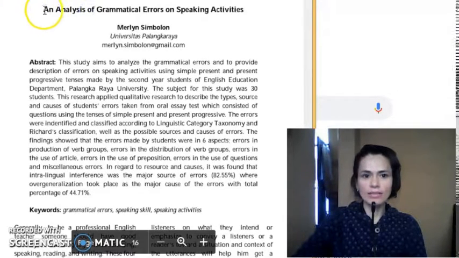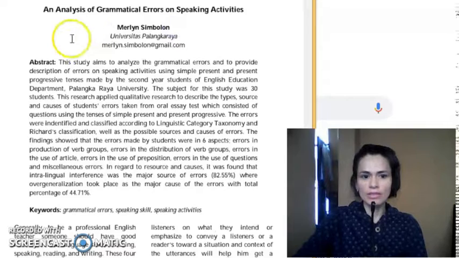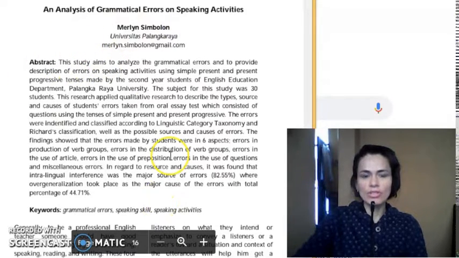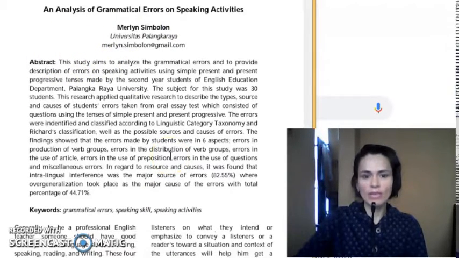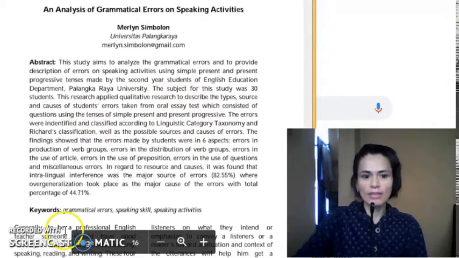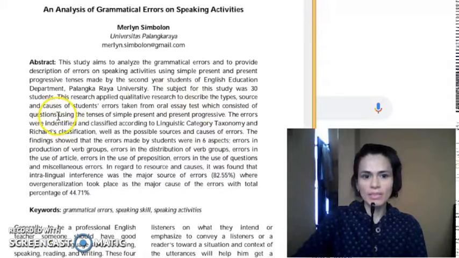This is task number 3, where I point out how I determine the qualitative methodology used in the article, an analysis of grammatical errors in speaking activities by Merlin Simbolem. The subject for this study was 30 students of the second year of the Department of English Education of Palangka Raya University in the academic year